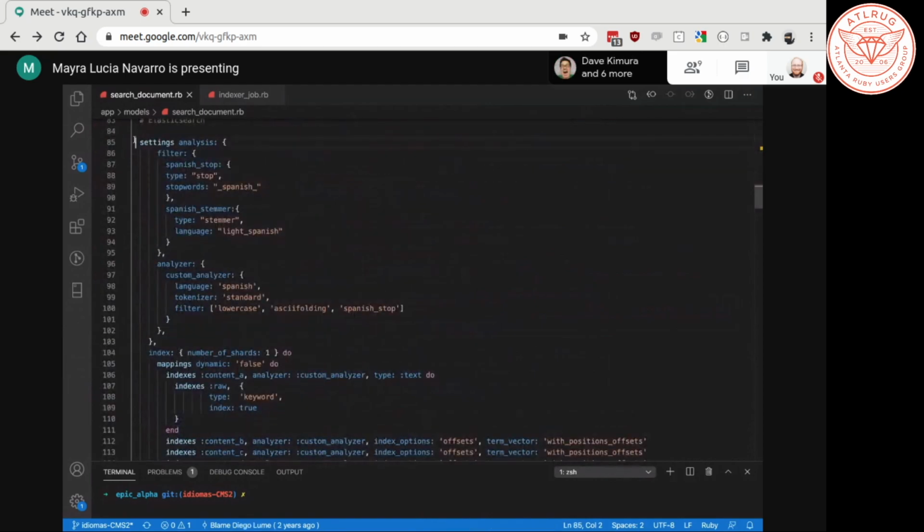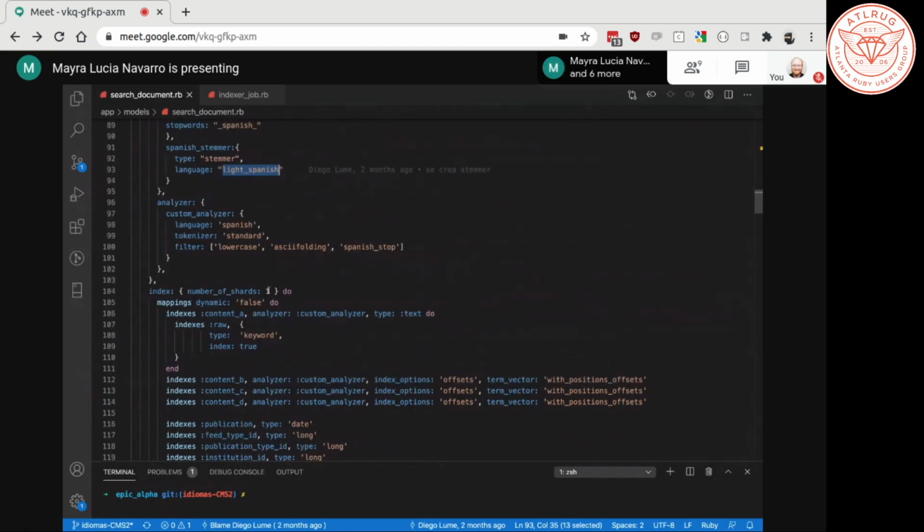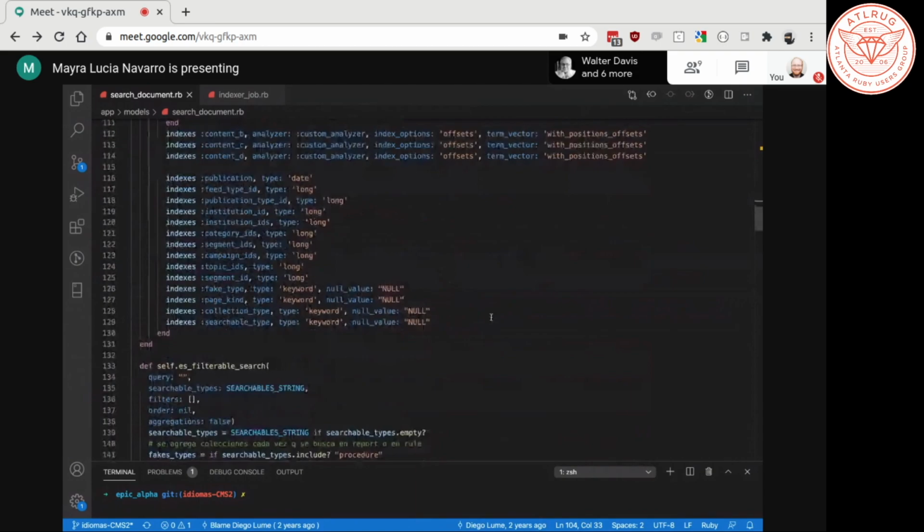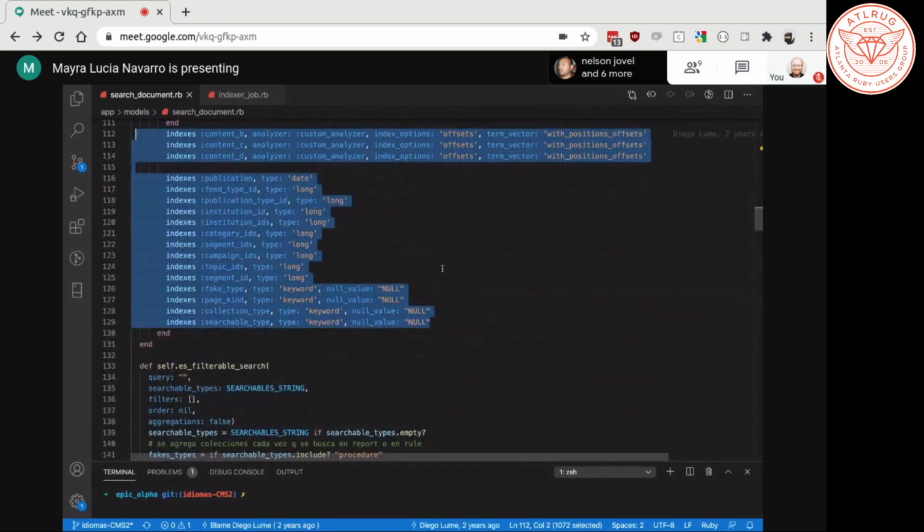We decided to use Spanish, with a kind of stemmer. Actually, we decided to use just one chart for everything that is dynamic. And these are the kinds of indexes that we decided to include in our Elasticsearch data.